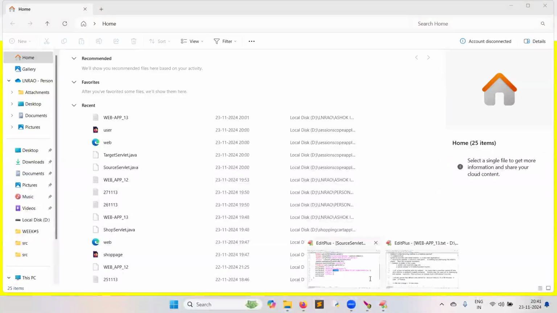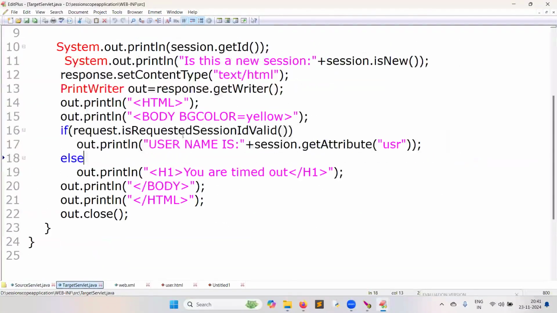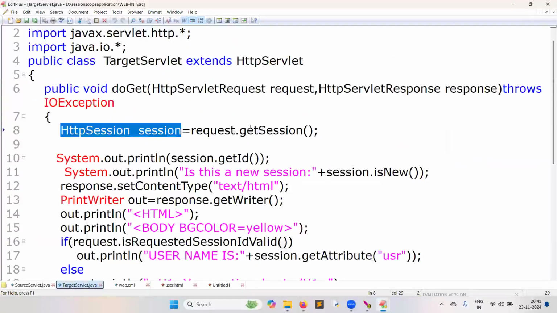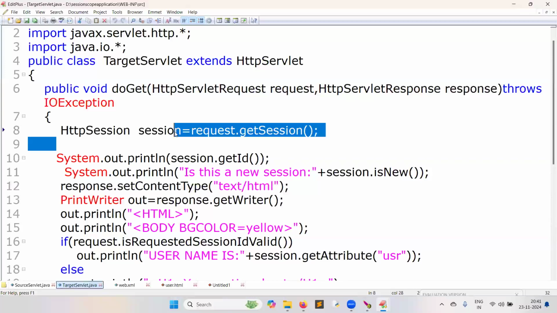Where does the control go now? It goes to the target servlet. Tell me, target servlet, eighth line: is a brand new session object created? No, a brand new session object is not created. Why? Because when the user clicked on the hyperlink, the session ID previously received by the browser will be resent to the server. As already explained yesterday, any session ID coming now? Yes, coming. Is a brand new session object created? No. Only the old existing session object reference is returned.